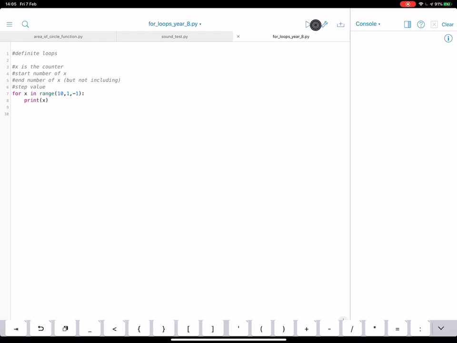Okay, now if I run this, you'll notice we'll need to change a couple of other things. So you can see it ends at 2. So how could we get it so it ends at 0? Okay, so think about what you'd have to do to this number here. All right, so try that out, and once you've got it working, have a look at the next video.